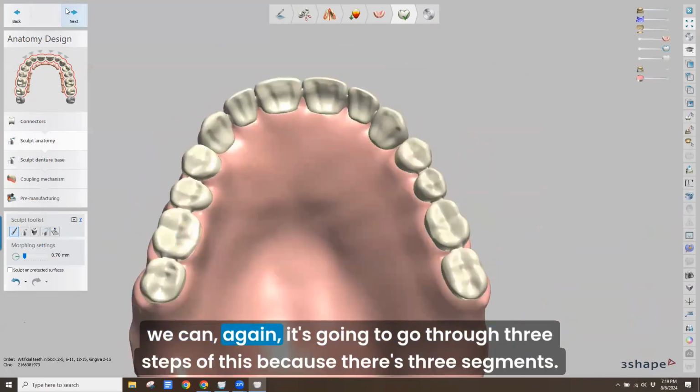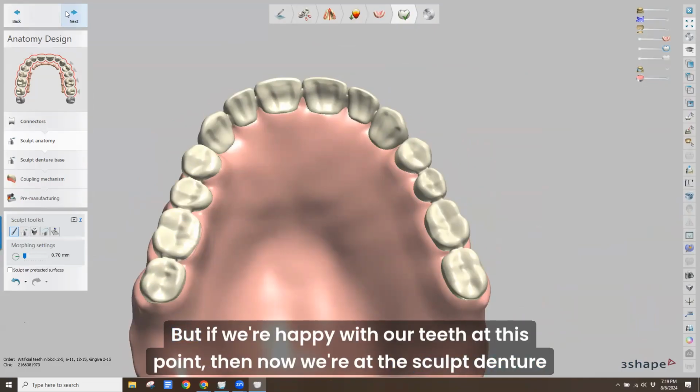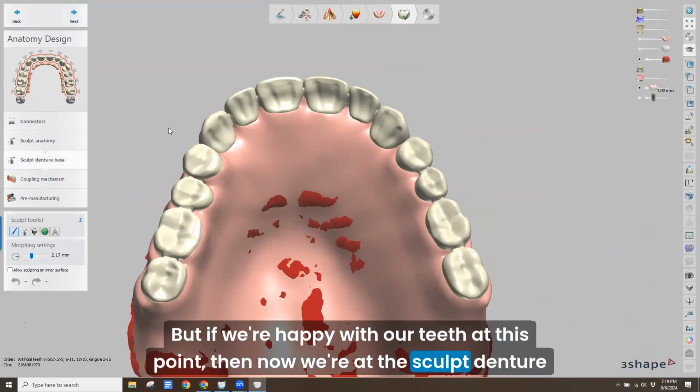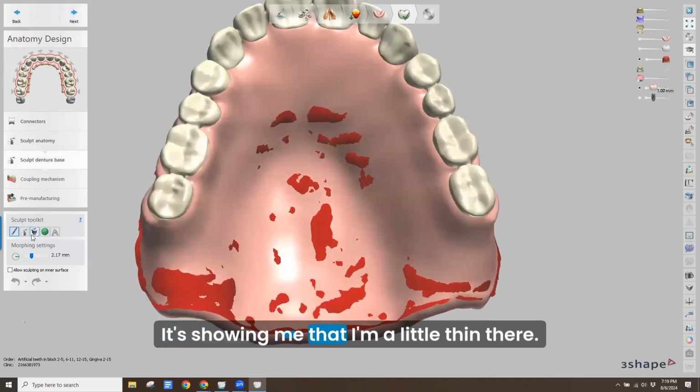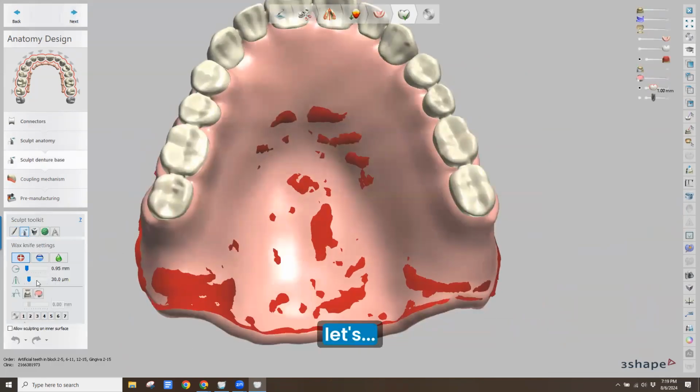We can, again, it's going to go through 3 steps of this because there's 3 segments. But if we're happy with our teeth at this point, then now we're at the sculpt denture base. It's showing me that I'm a little thin there. So let's